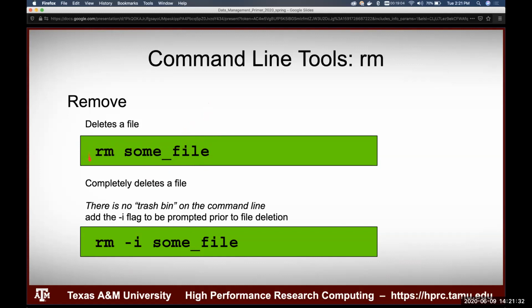If you want a little bit of a safety net, we recommend using the -i flag, because there's no trash bin. If you add the -i flag to the rm command, rm space -i, and then the target you want to delete, it's going to prompt you prior to file deletion. Running rm some file is going to delete some file immediately as soon as you press enter, never to be found again